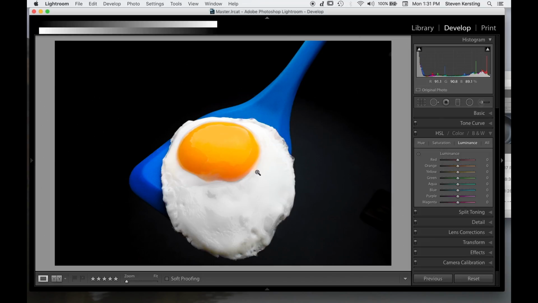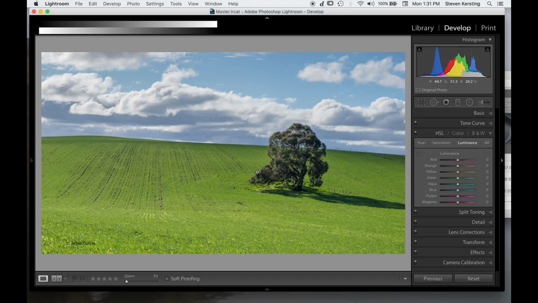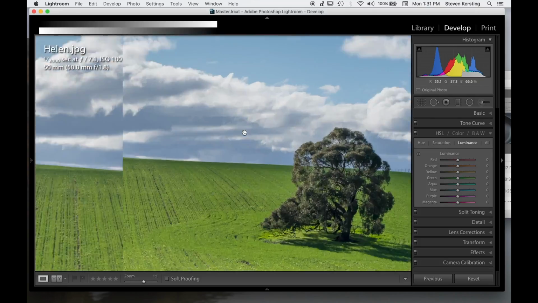Okay, we'll look at the first image submitted for this month, and it's by Helen. And it was taken with a 50mm lens at 1/2000th, f7, ISO 100. So very bright scene. Stop down for depth of field, and I don't really see any issues with camera settings. Looking at the image itself,